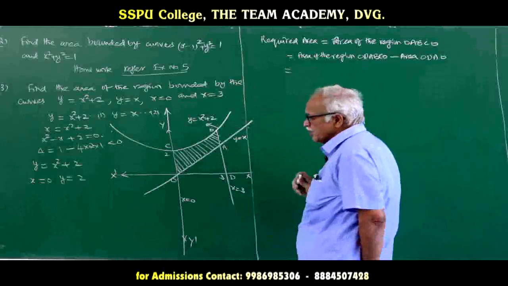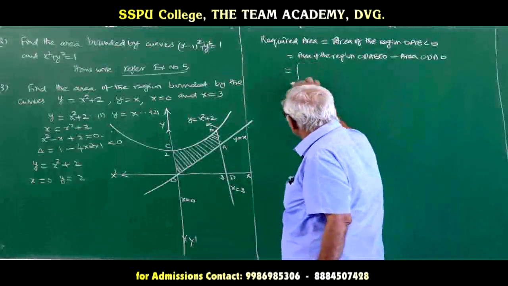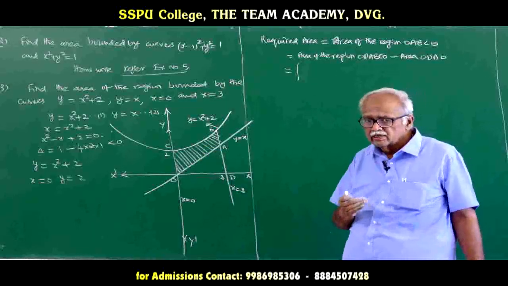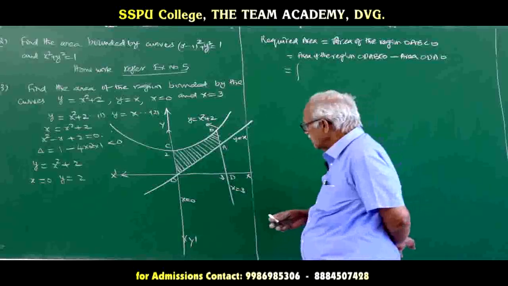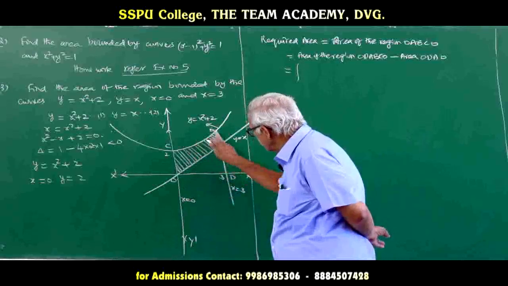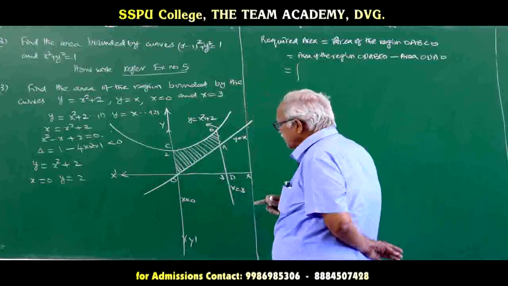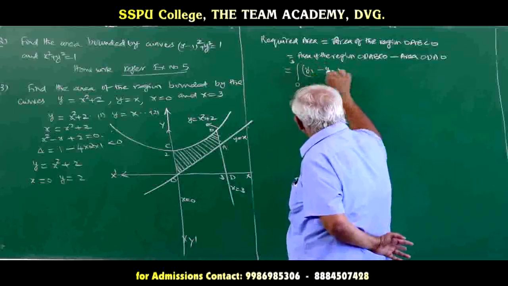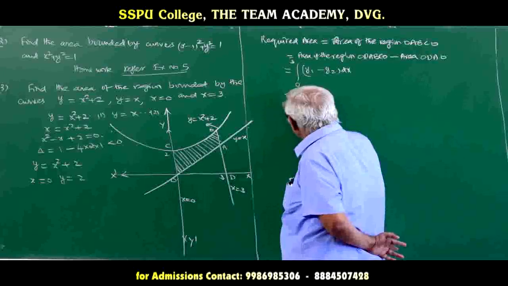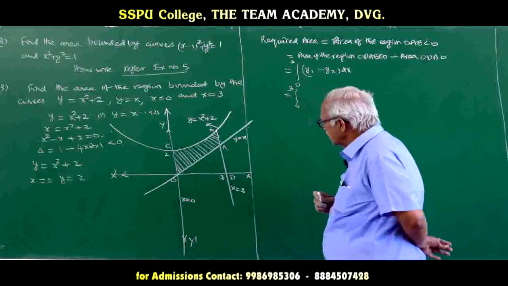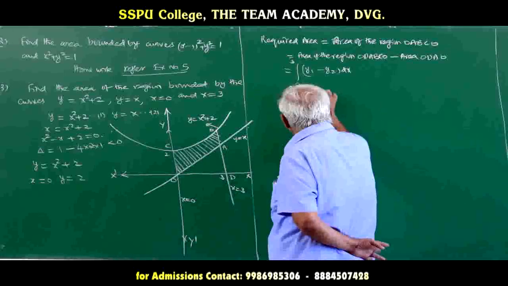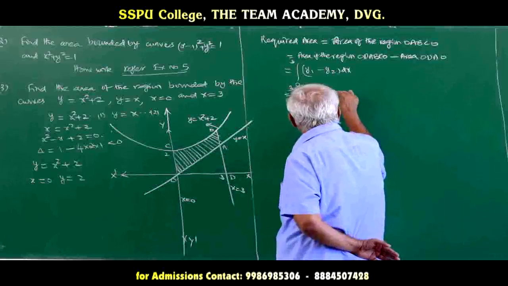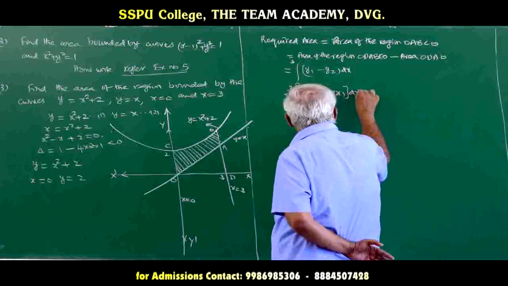Now let us put the integrals. Both the areas are bounded by the x axis. The formula is integral a to b y dx. What is a to b for both? It is the same, since both areas are bounded by the same ordinates, 0 to 3, y1 minus y2 into dx, where y1 is the parabola x square plus 2 and y2 is x, into dx.